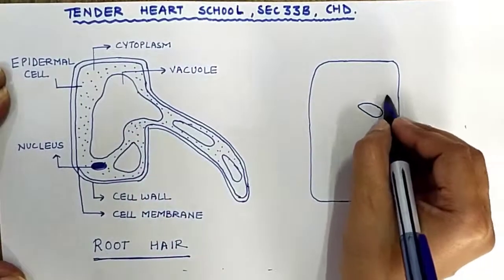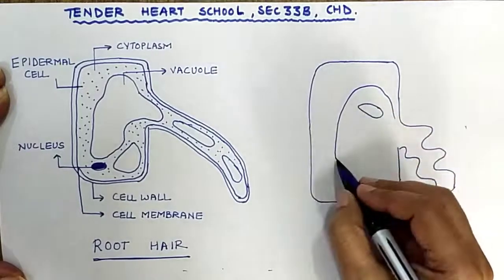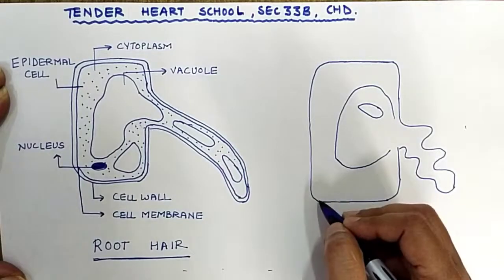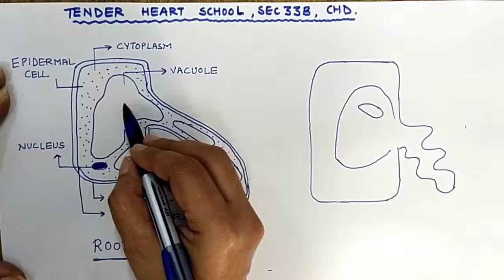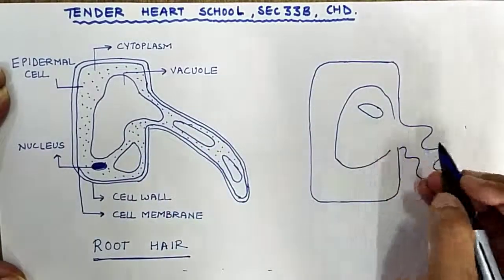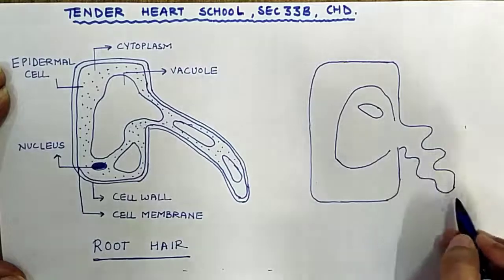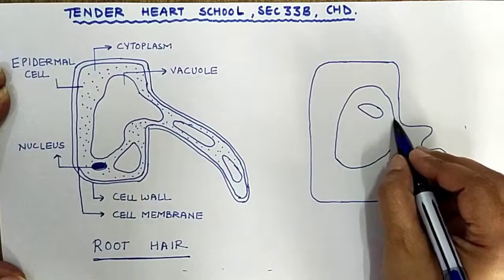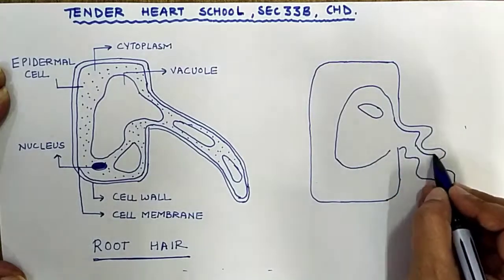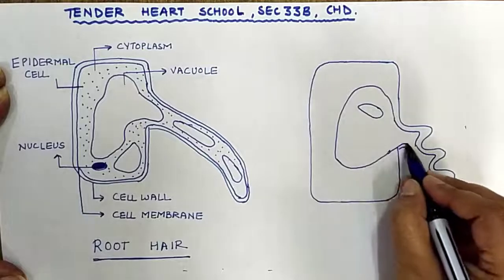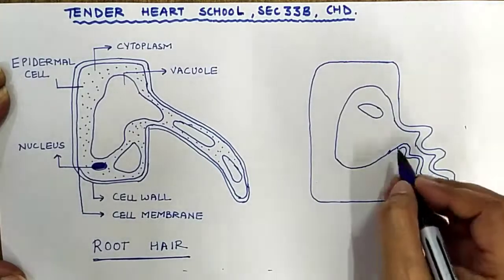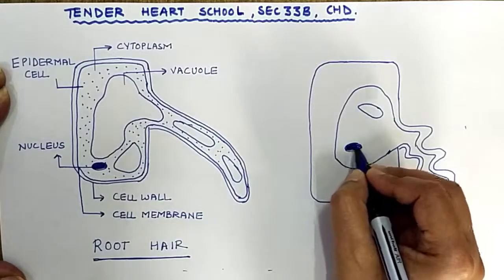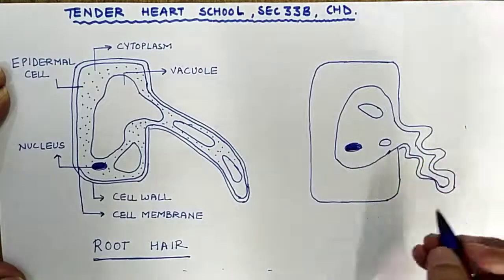So you can show the cell membrane like this. This is the cell wall, this is the cell membrane. The cell membrane has separated from the cell wall. Reason being all the water from the vacuole has come out. Vacuole has reduced in size. And the root hair has shrunk because it is no more turgid because of the lack of water. So then you can show it like this. Right? So this is vacuole, this is nucleus. One or two vacuoles you can show, small sized vacuoles.